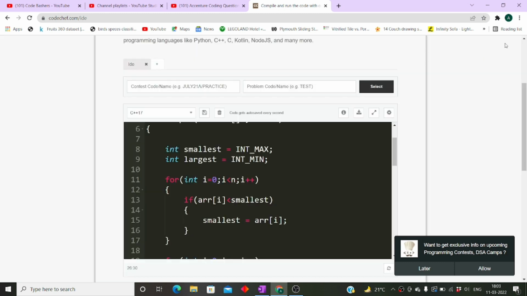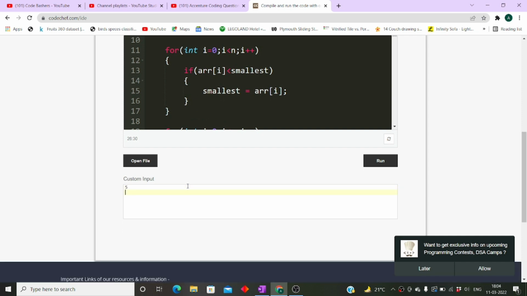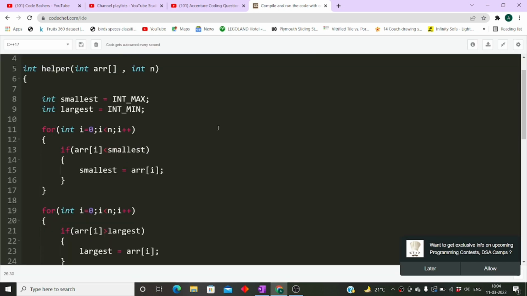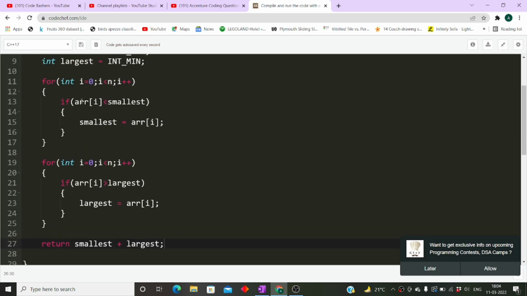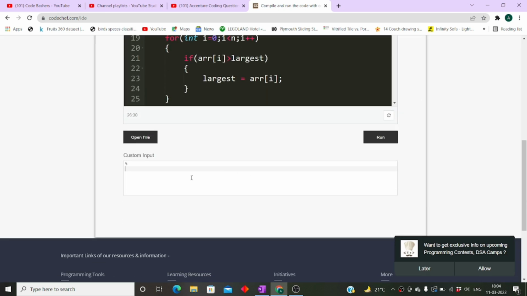Now let's just check on certain inputs whether this code is running or not. So first is 5. Again, I forgot to tell you that in Accenture you will only have to complete the function that will be given to you. That is, you will not have to take input on your own. I am taking input so that the things can become clear to you. But in the exam, you will just have to complete the function.